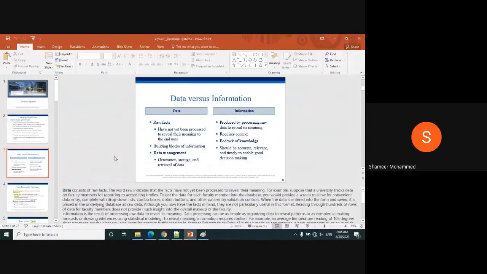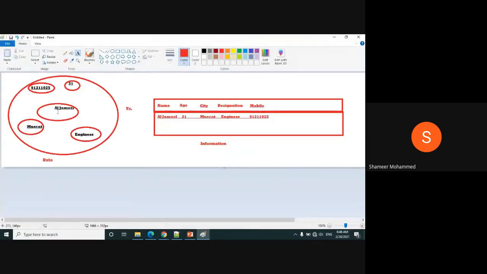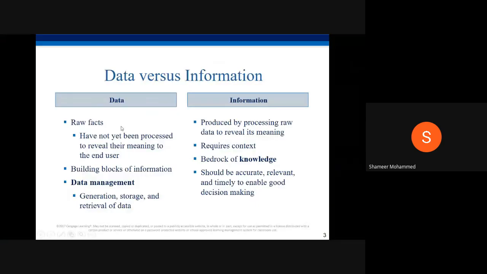So here there is no meaning to the user, but here you can see Al Jamil is the name, 21 is the age, Muscat is a city, engineer is a designation, this is the mobile number. But here it can be anything. So that is the main difference here. So data is nothing but the building block of information. Okay. Building block means the fundamental foundation.